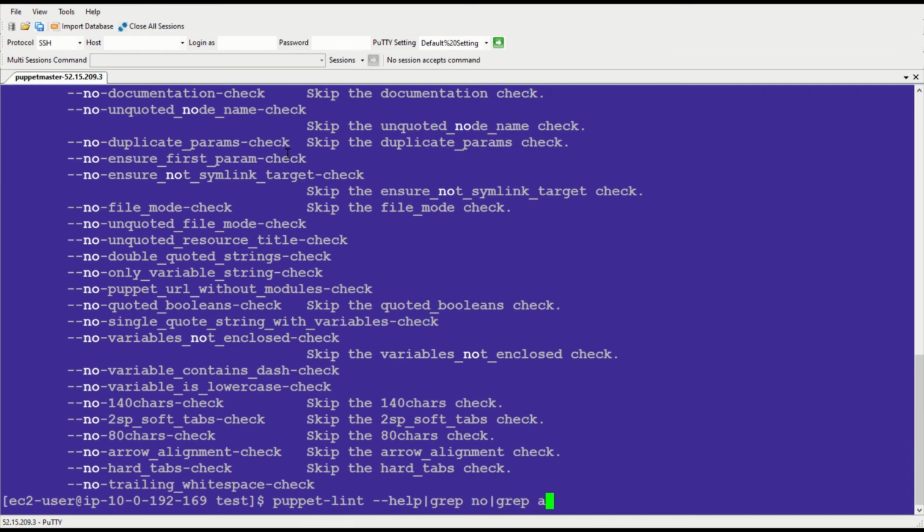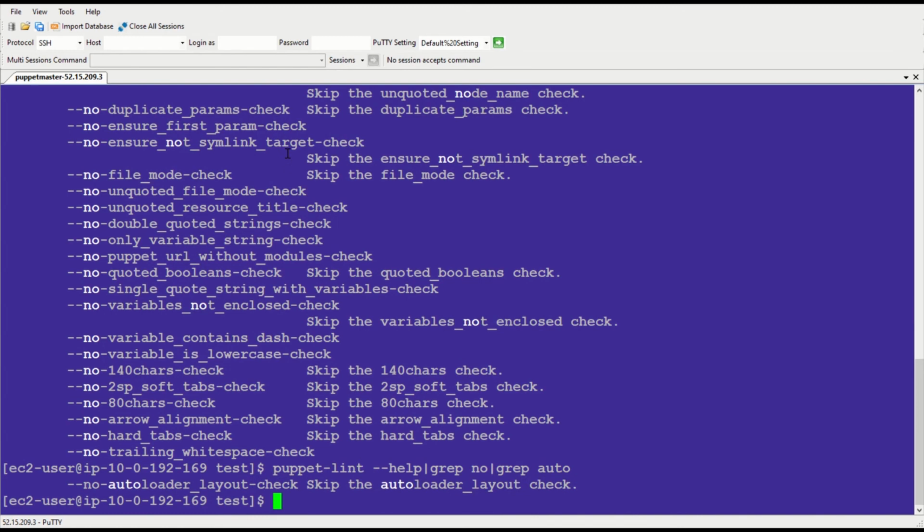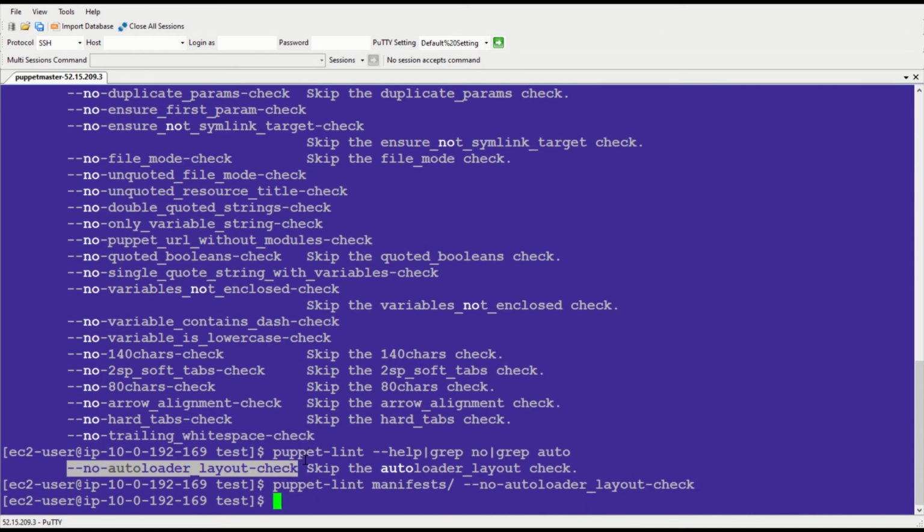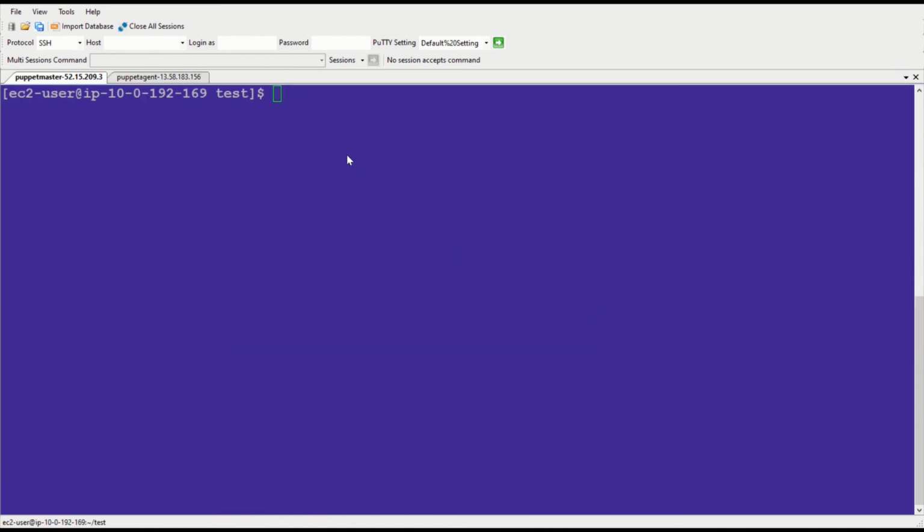And looking for auto. Yes. So we can do the same thing. Puppet-lint check manifest installation nano. So there's no error, because you're bypassing, you do not have any error. So next one we're going to show you